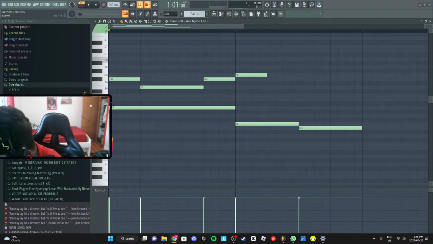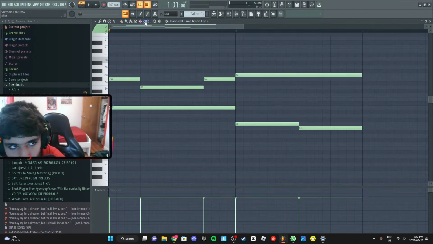This time we can extend this all the way. We're gonna just do the same slicing technique, slice it up in the middle right there, and again